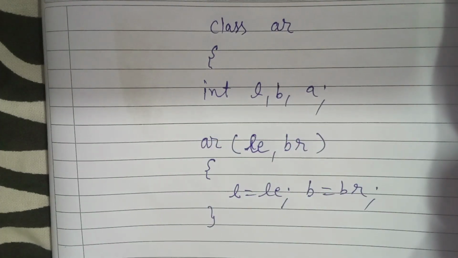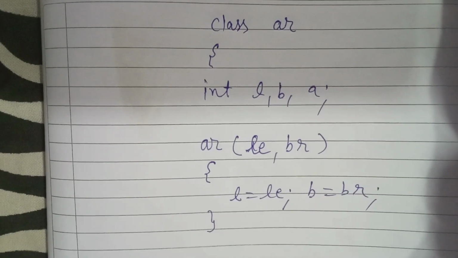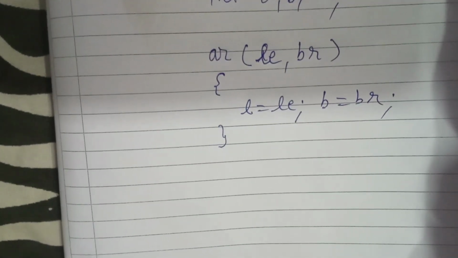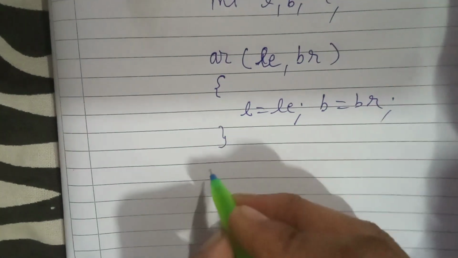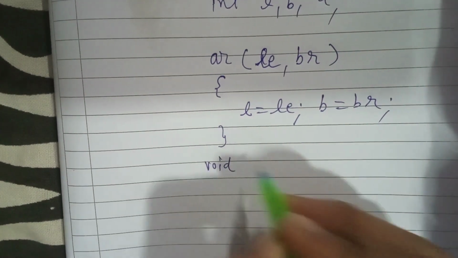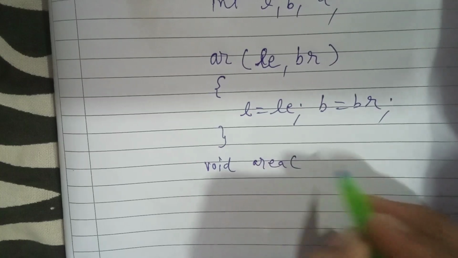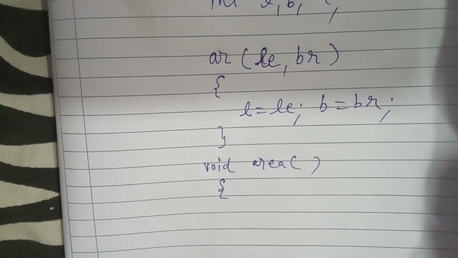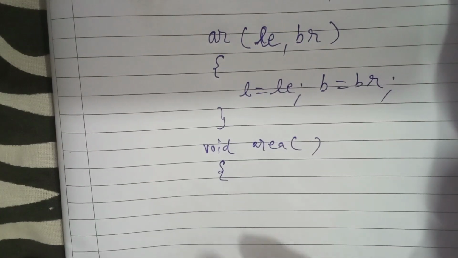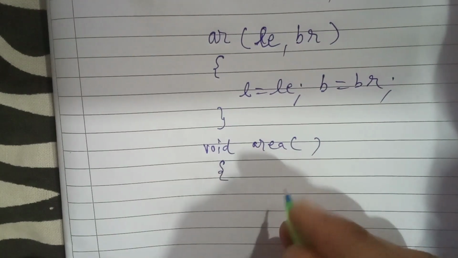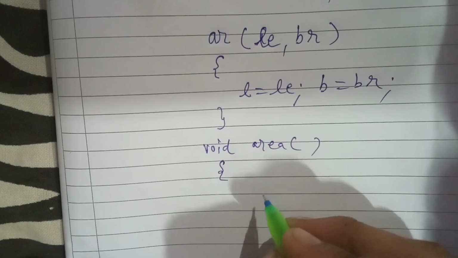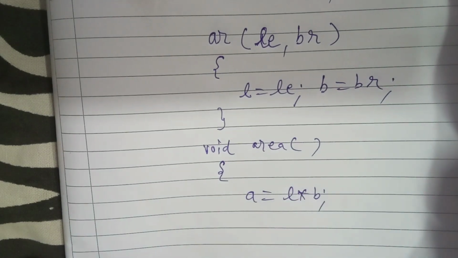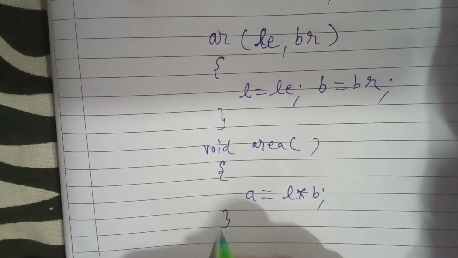We will see how the constructor will be called. Now we will create a method here, a method to do some work for calculating area. So I'm just writing here void area. Okay, no return type, no argument. What does this method do? This method calculates area. It simply calculates area A equal to L into B. Done. Area is calculated. Now close the method.